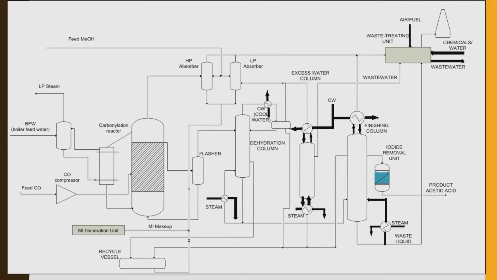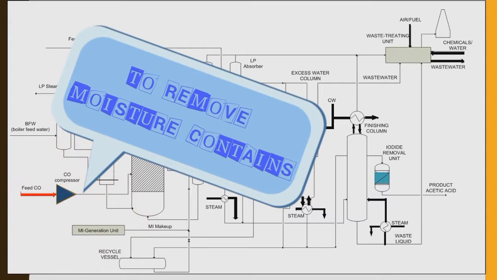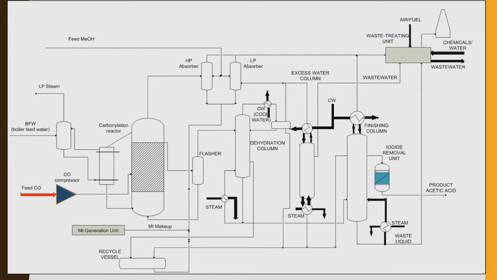contractor. This is the process flow diagram of Acetica process. There are two feeds in this process. The carbon monoxide that is received by the pipeline at the battery limit to the reaction level is compressed by a carbon monoxide compressor. This is to remove the moisture contents in the carbon monoxide. Once the moisture is removed, the carbon monoxide is purged into the carbonylation reactor,